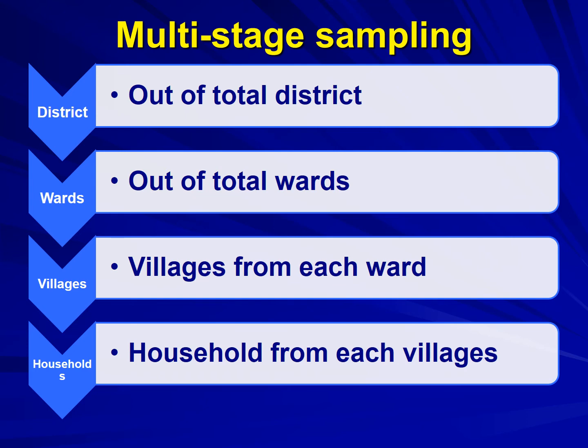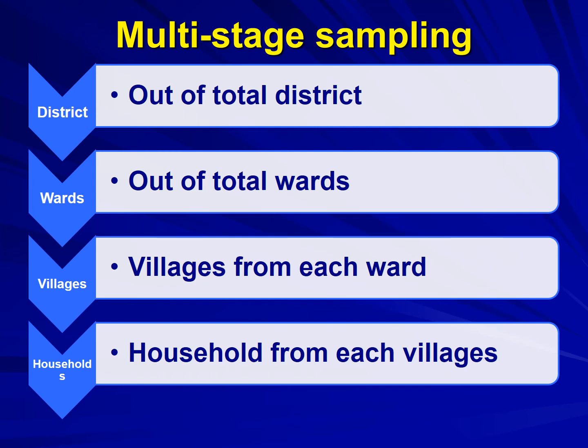The advantages are: sampling frame of the population is not required in cluster sampling, as the selected cluster is studied completely, and this results in increasing the total number of subjects in the sample without increasing the cost. Third advantage is results can be obtained in less time. Fourth advantage is it saves the investigator's time and cost of data collection.